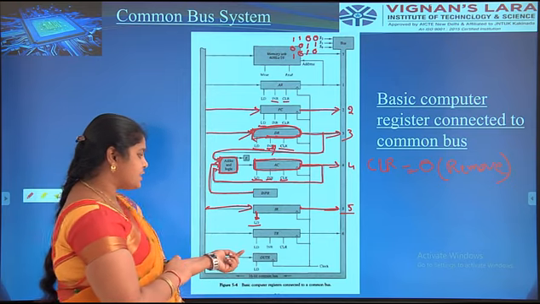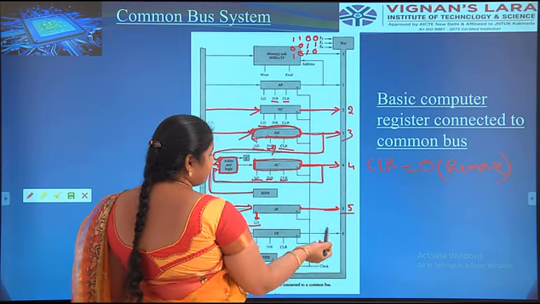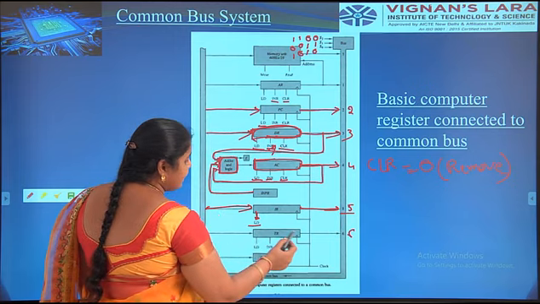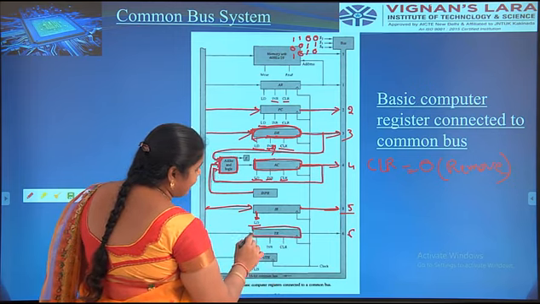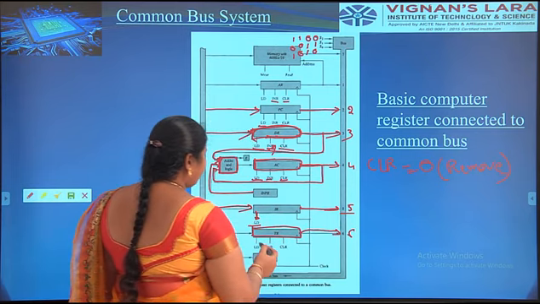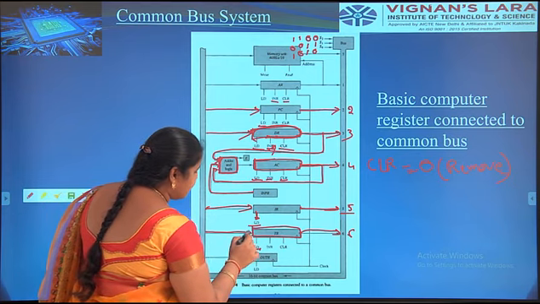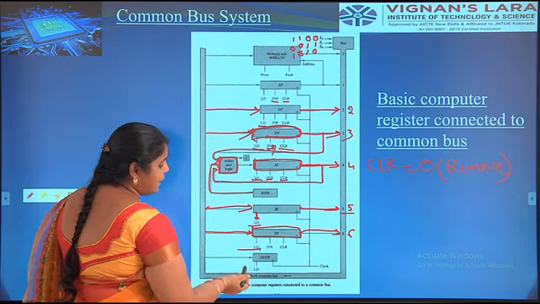In the temporary register, for example, you have to take 6 as an input. Okay, 6 will be enabled. Here the output, the content of TR, meaning the temporary register, transfers the information to the common bus. Here load is enabled. The information or process will occur in parallel and sequentially.